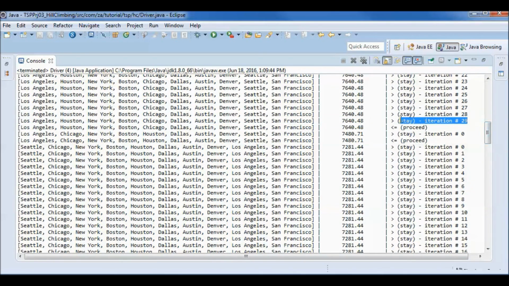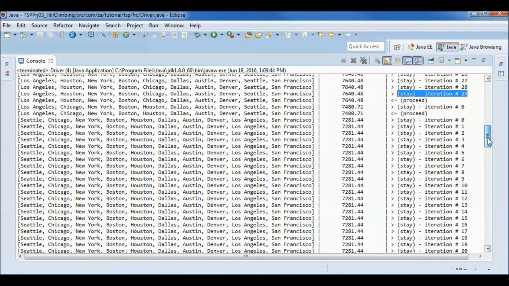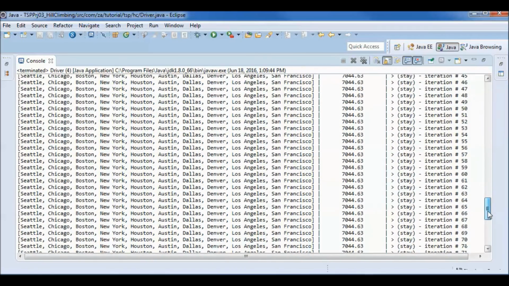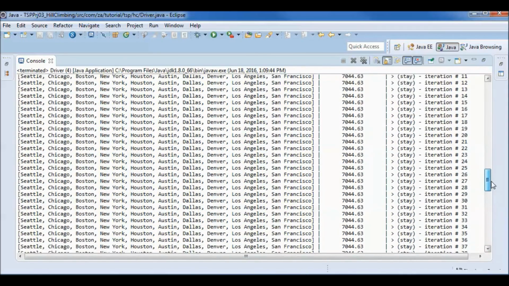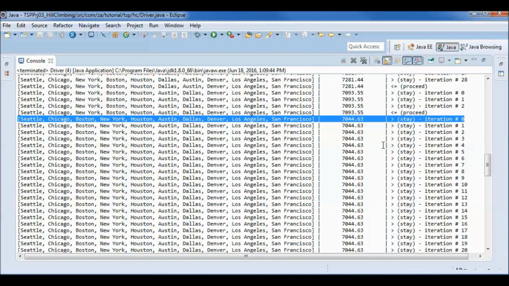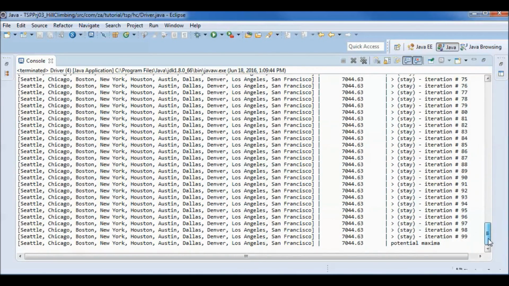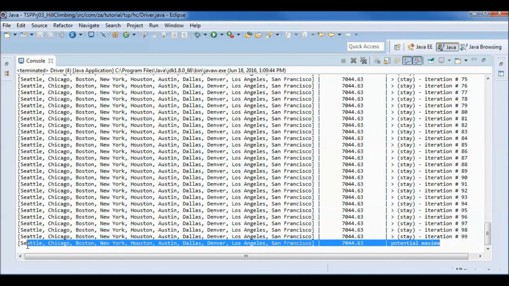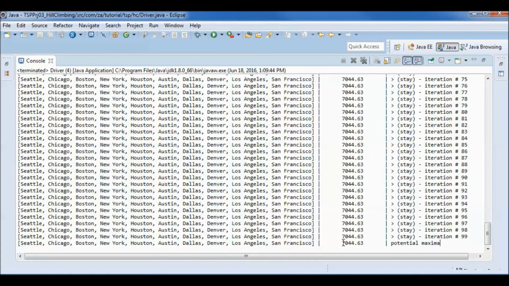Here we do 29 iterations until we start from here, and we do 100 iterations. So we consider this to be a potential maximum. So this is the shortest distance that we found, this route.